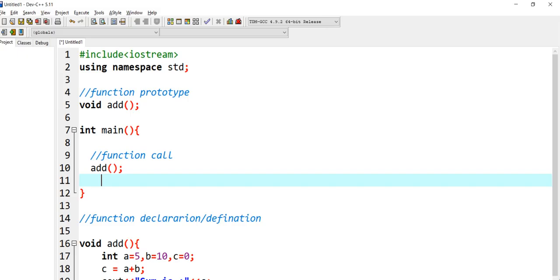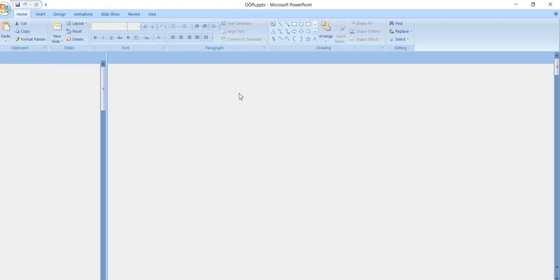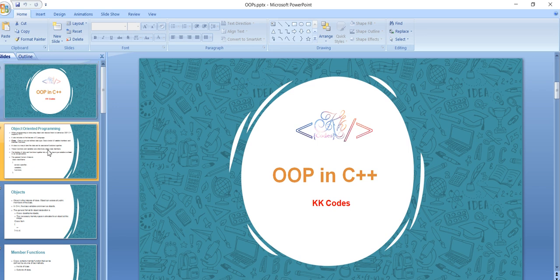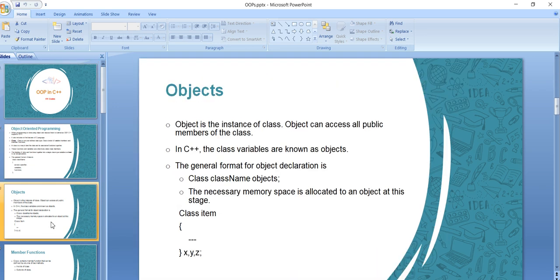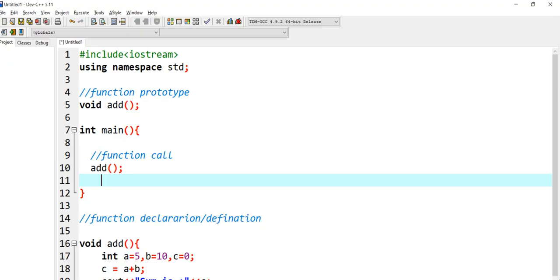To overcome this problem we have declared our class, and a class basically combines our data types, our variables and our functions into a single unit. That combination of different member functions and variables is termed encapsulation, right? So this is what we have learned in our last class.